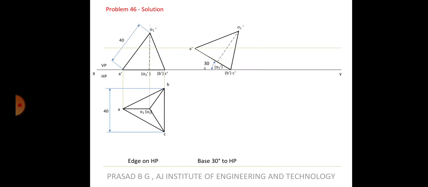You have to make sure that you are tilting it towards your right only here. You are tilting it towards your right here, not towards the left. If you tilt it towards the left, what will happen? It will be resting on the corner. A dash is the corner, right? A is the corner, BC is the edge. So you have to tilt it towards your right so that it is resting on BC. This is the edge, BC. A is the corner. If you tilt it towards the left, it will rest on the corner. So please be careful. The condition is given in the question. It is resting on the edge of the base.